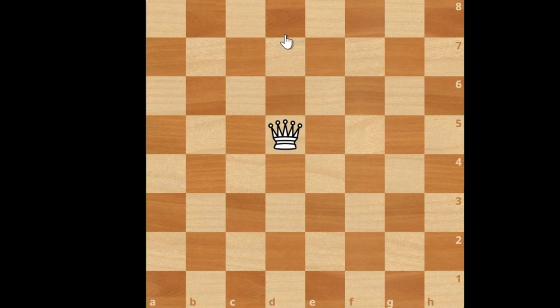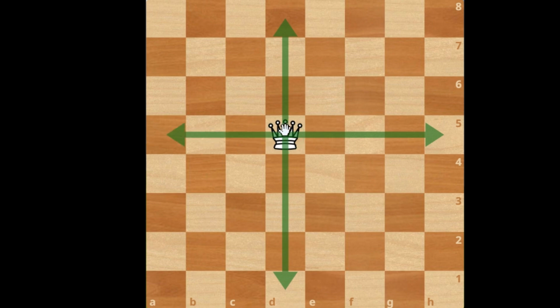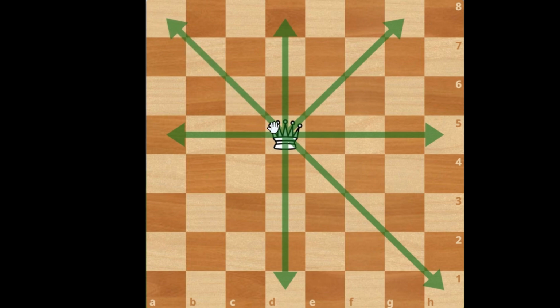Now, queen is really strong, and I said that because it has really too many squares under its control. First, just draw a rook. I'll draw a rook's moves. Now, let's also add a bishop to it. And by the way, let me remind you, each piece except pawn can capture in the exact same way as it moves, and each piece except pawn can also move backwards. So this is the queen's movement on this position. It is really strong and really useful at times.